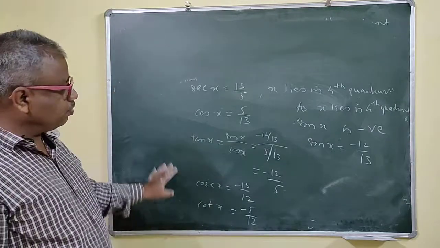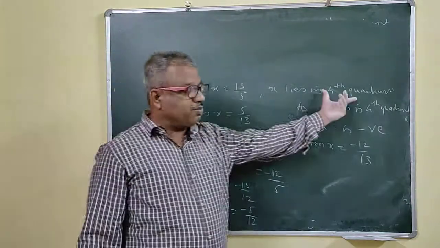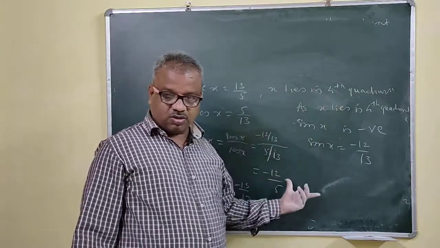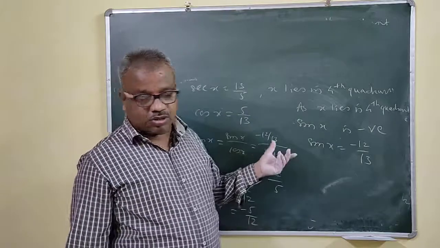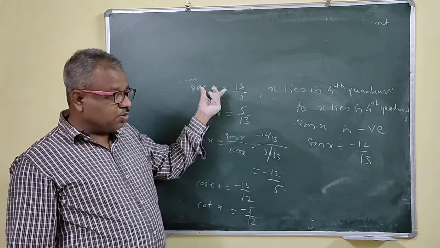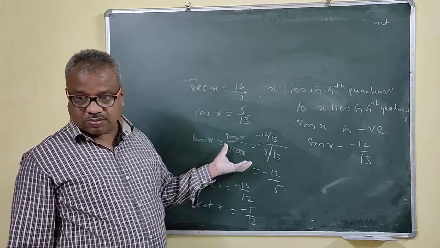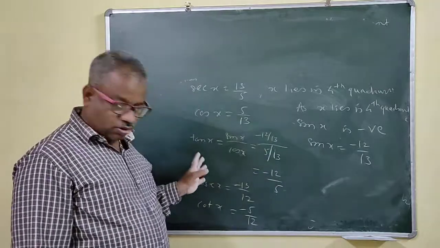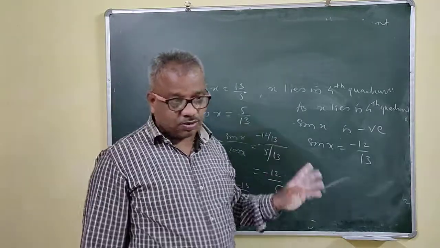You can solve the problems. So this plays a very important role. The position of the angle plays a very important role in finding a trigonometric ratio. That means here one trigonometric ratio is given to you, and with the help of this one you are finding the other 5 trigonometric ratios with the help of the fundamental identity. So try to solve the problems. Okay, so we'll stop here.